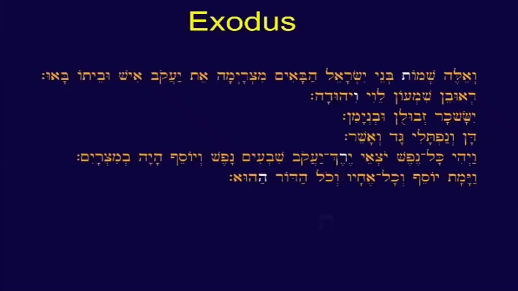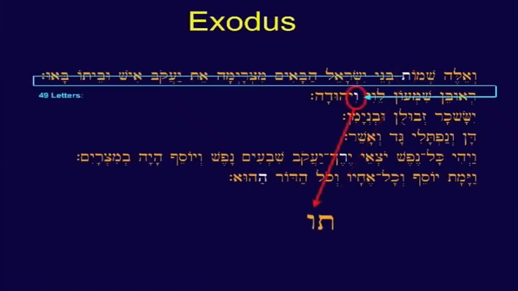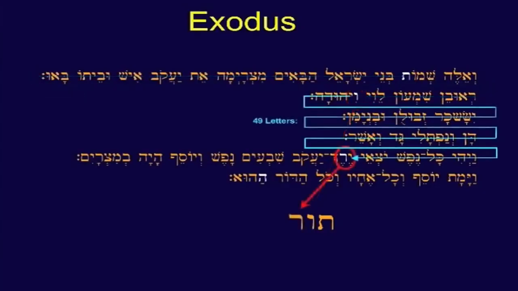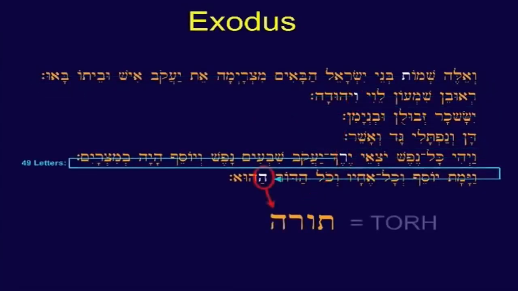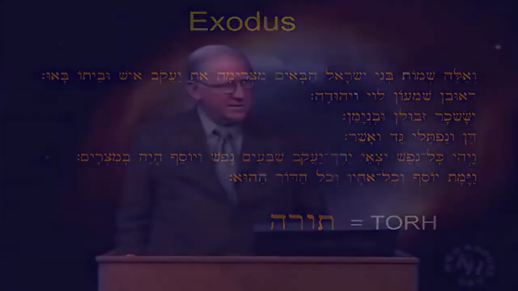Okay, so you say, well, gee, that's cute. Could be just an accident of circumstance. Yes, it could, I suppose. Let's take a look at Exodus. Same thing happens. You go to the first Tau, count 49 letters, you get a Vav. Count 49 letters, you get a Resh. Count 49 letters, you get a He. And again, you spell Torah. Now, for it to happen twice that way starts to suggest somebody did it on purpose. Trying to do something like that on purpose turns out, by the way, to be far more difficult than it looks at first. Well, you go to Leviticus, and nothing happens.